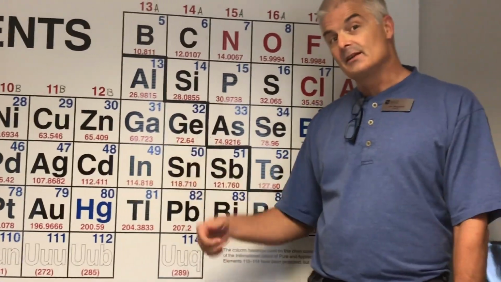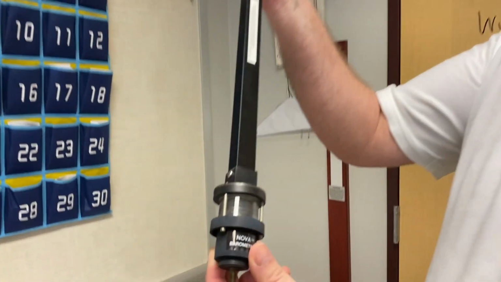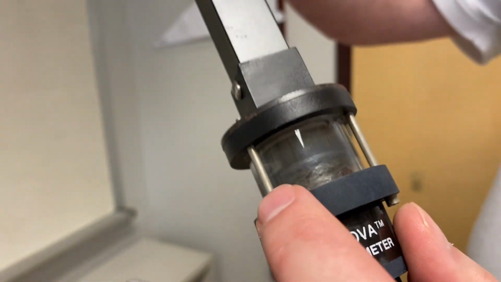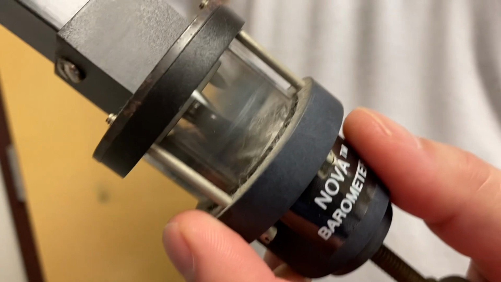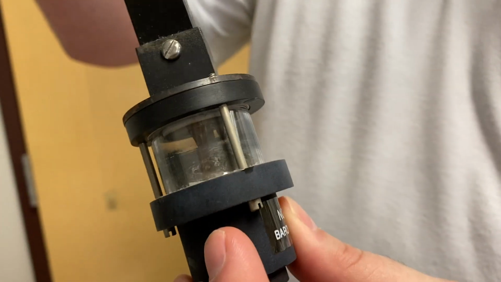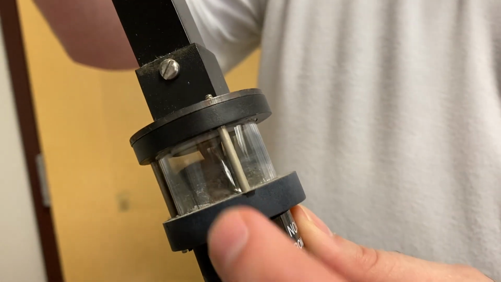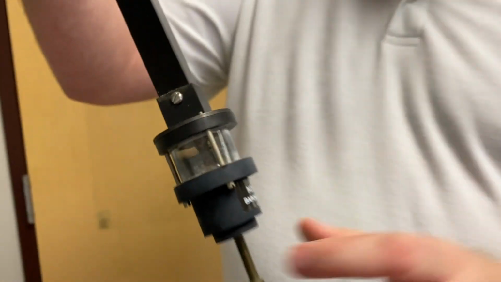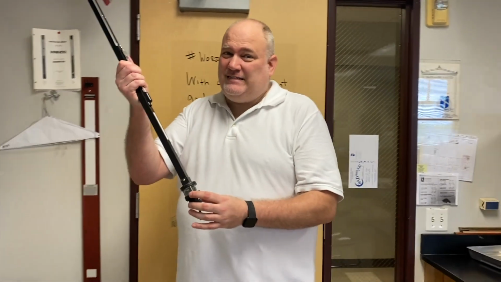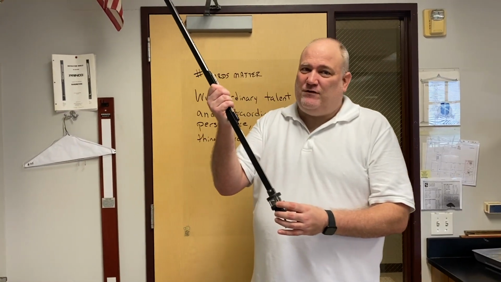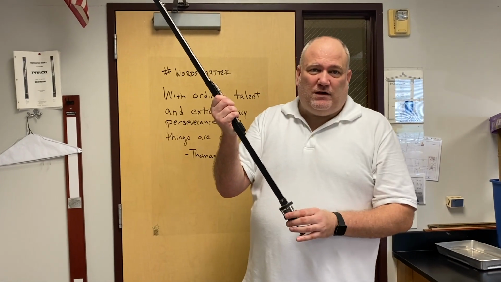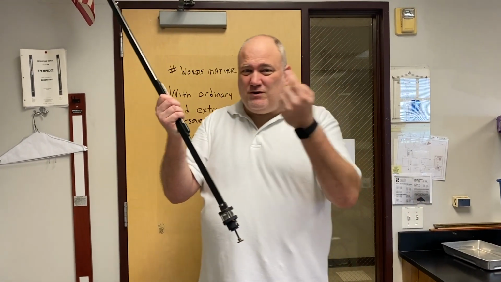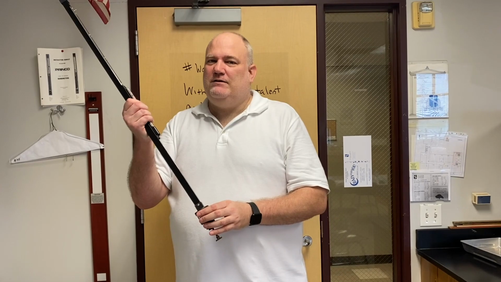In fact, let's take a look at mercury. This is mercury. It's a very scary thing, but you can notice here, this is a liquid, and if this were to break, we'd probably run, because as a liquid it's not so bad, but in the heat here in Houston, it turns to a gas, and that gas is bad for you. You may remember the Mad Hatter in Alice in Wonderland. They used to use mercury in the hats, and that's why they went nuts.